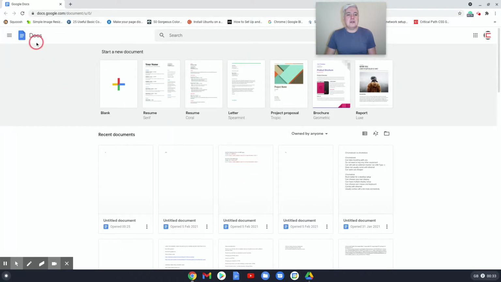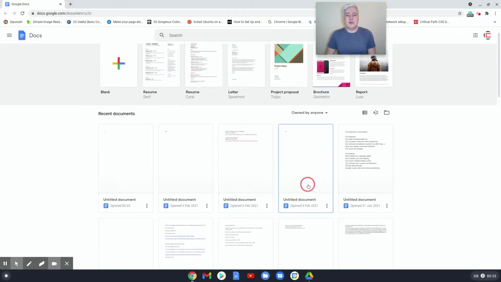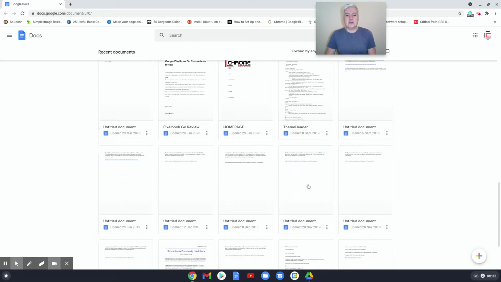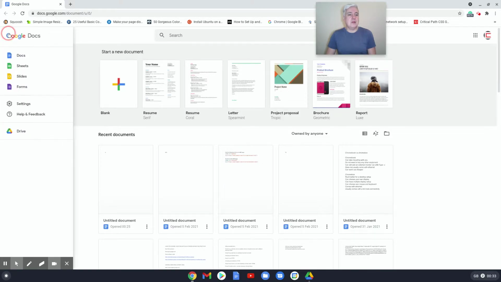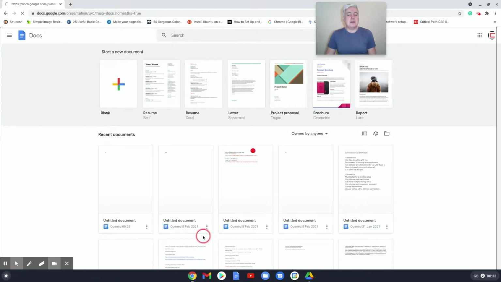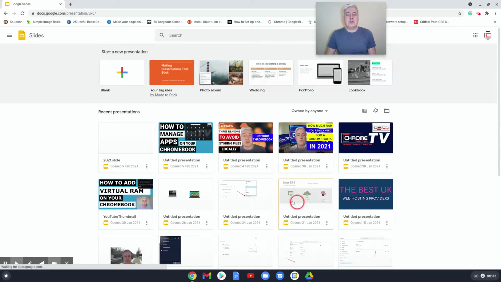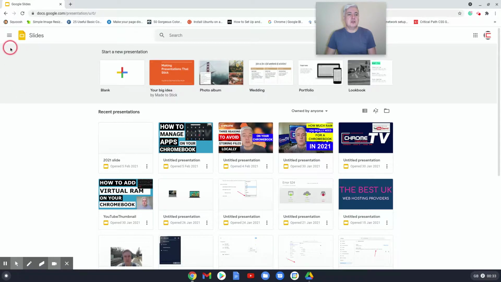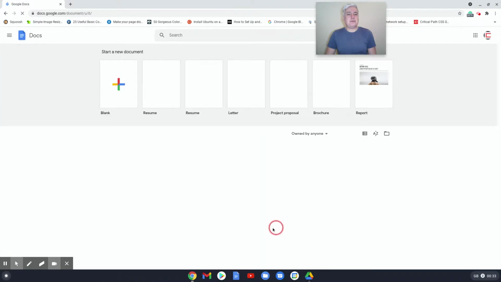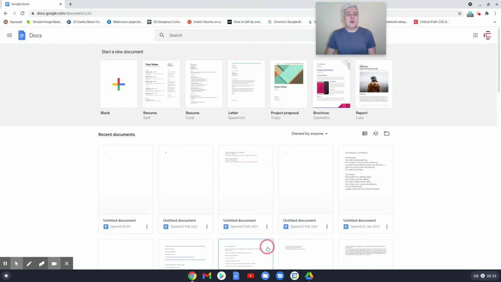in Google Docs, this will only show me at the moment all of my documents because I'm in Google Docs. It will show you all your recent documents for Google Docs. If you click on here and go to slides, it will show you all your recent documents for slides, which is fine as well. If we go back to Docs, say we went to open up a new document, you'll